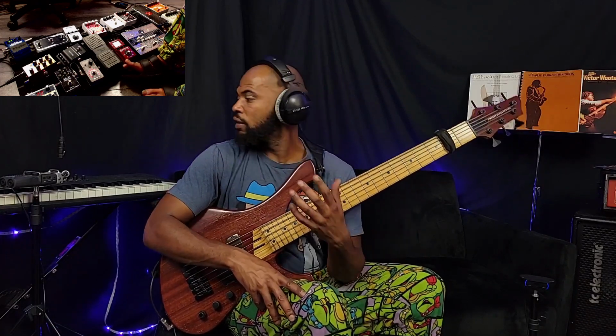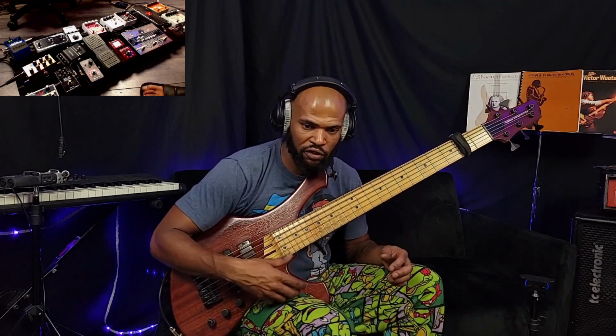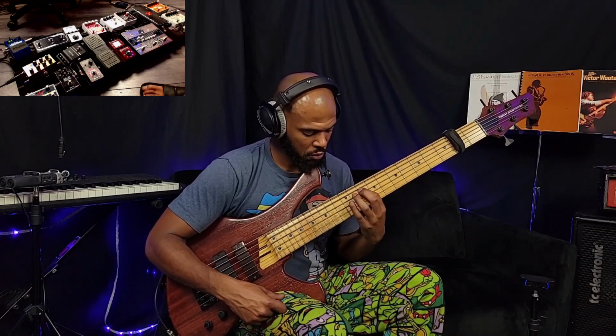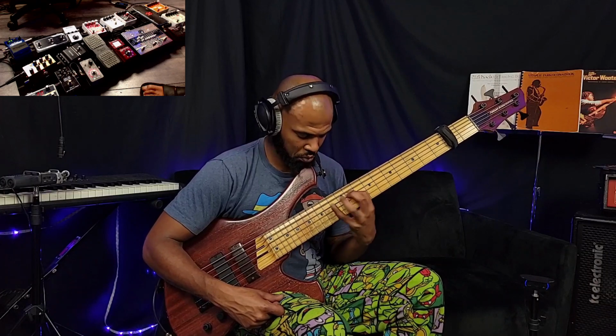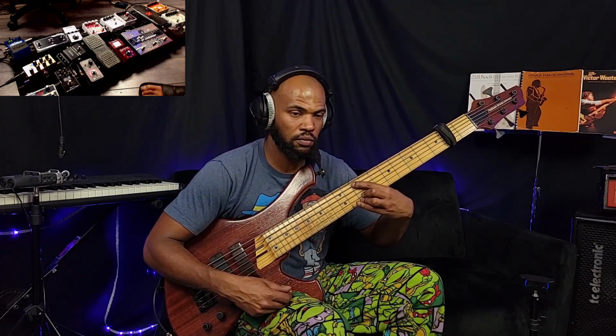But the left hand has consistent chord changes, but it doesn't always take the same path to get to the chord changes. So depending on what I'm doing, even on all of it's tapping, these are still different techniques between playing the chord, block chords, and walking. See, even that's a different technique. Holding the chord and